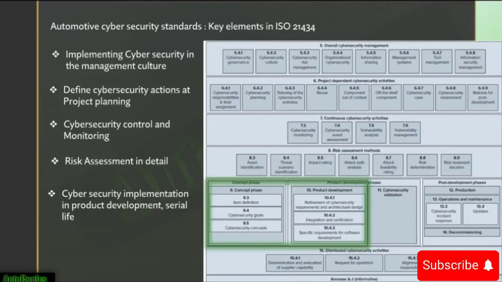These cybersecurity activities are applied to the different levels of abstraction of architecture, namely the development of a system, hardware component or software component. So the product development will have three different phases: refinement of cybersecurity requirements and architectural design, integration and verification, and specific requirements for the software development.